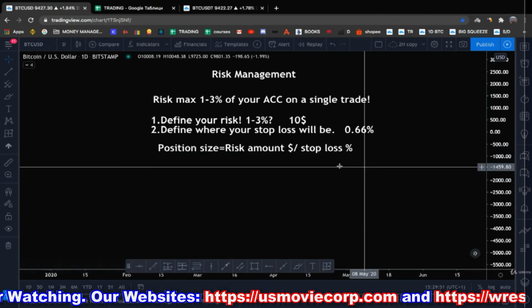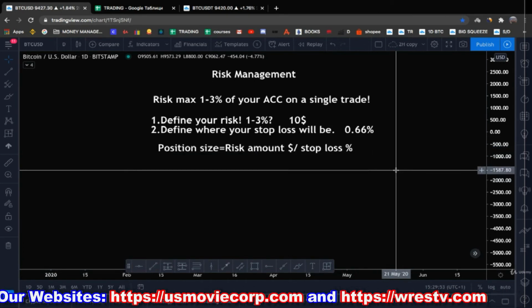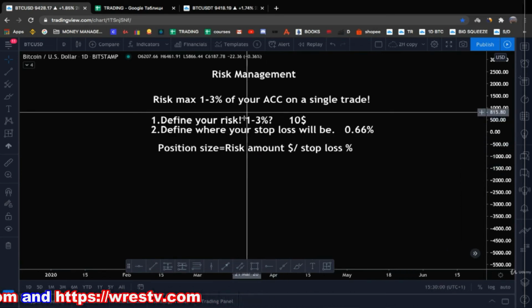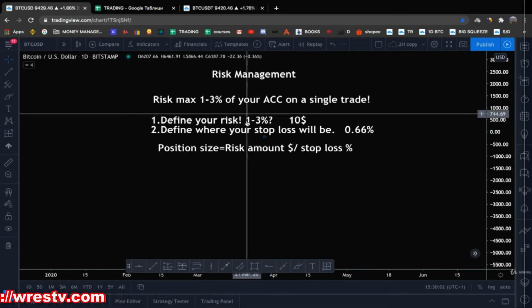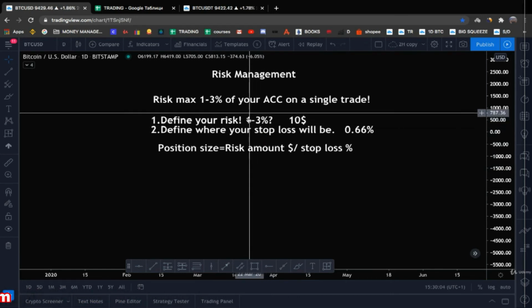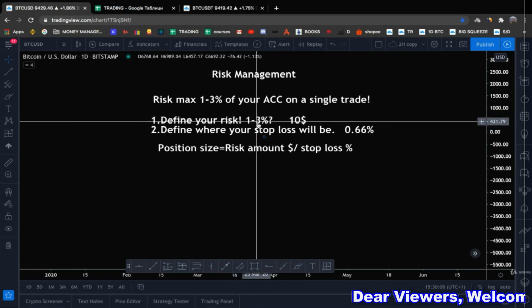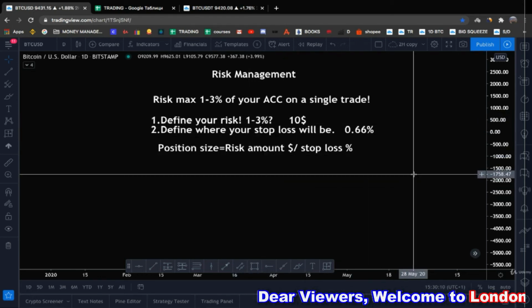Nothing is for sure. Even the best in the world know that they are going to be wrong many times, right? Since you know that you are going to be wrong many times, you should not risk more than these numbers, right? Because if you are wrong too many times in a row, you are going to lose your money. It's as simple as that. This is why risk management is crucial.